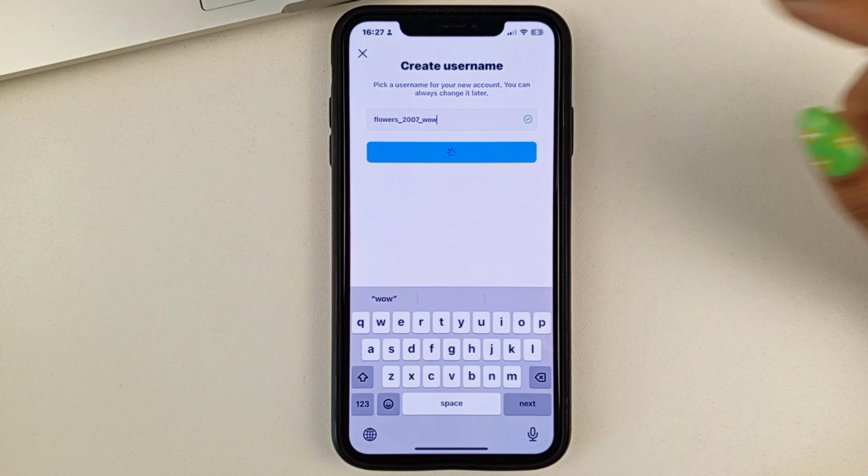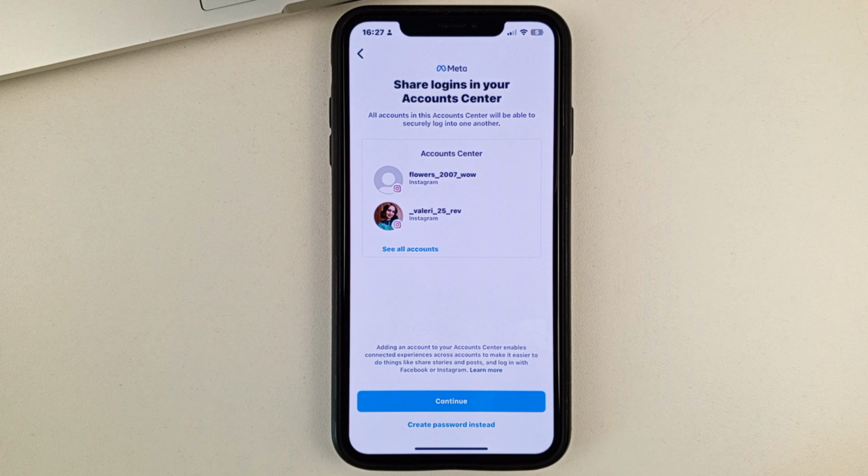Next, click here. And now, as you can see, we have the option to connect the login of the account we're creating to the account we already have. This is a very handy feature on Instagram because you can log into your new account with all the same logins as your old account. That is, you can use the same password or the same phone number, and it won't affect which page you log into. You'll be able to switch between pages easily.